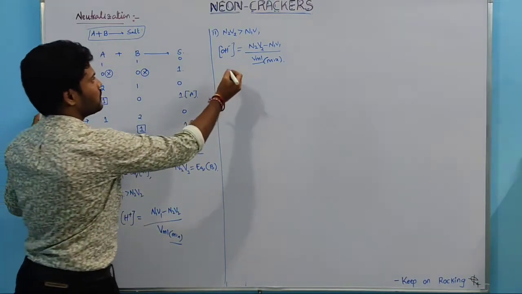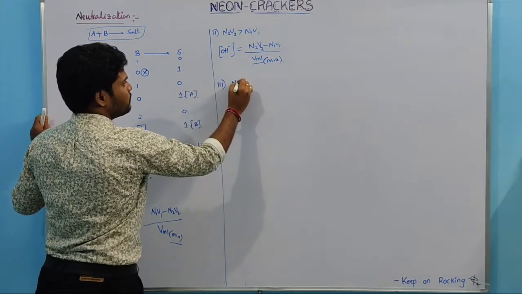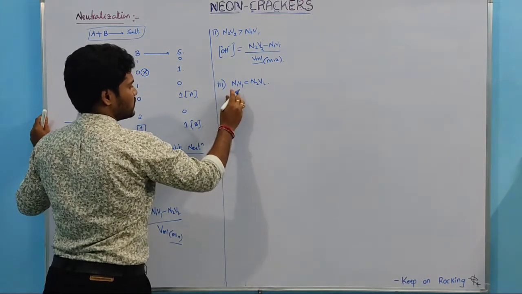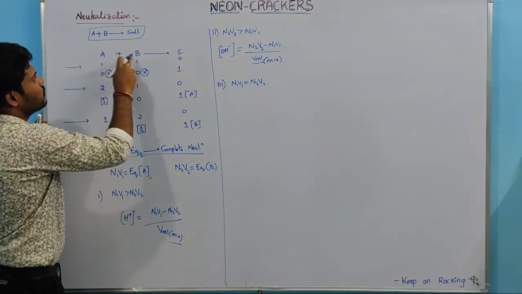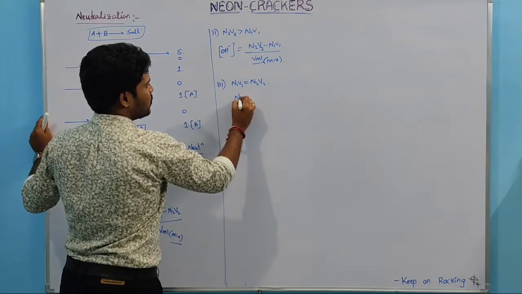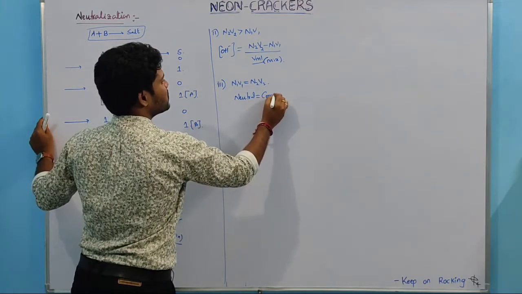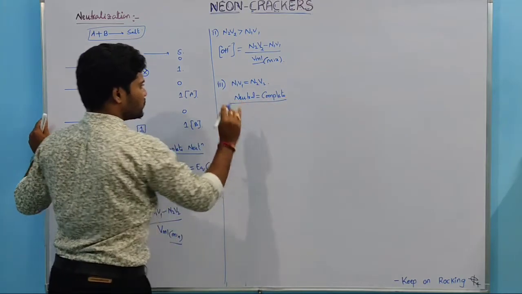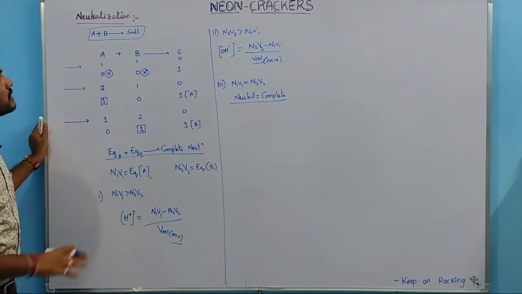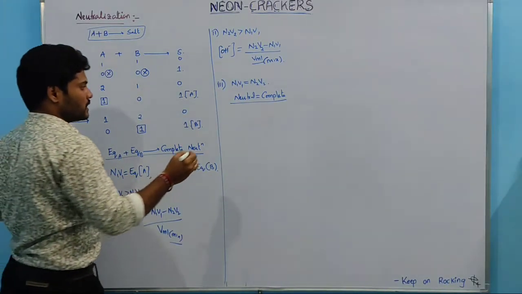Let's see with the help of one. And the third condition is also there. If N1V1 equals N2V2, so this is equimoles of acid and equimoles of base, both are the same. Then what is the nature of this one? This is called neutral, because complete neutralization has occurred. So there are three conditions based on this neutralization between acid and base.